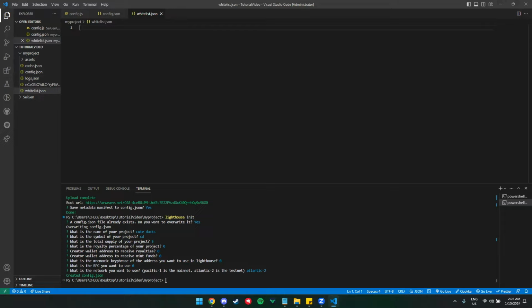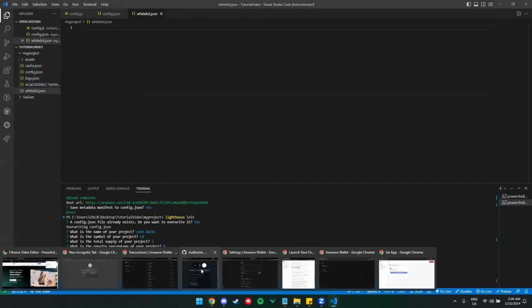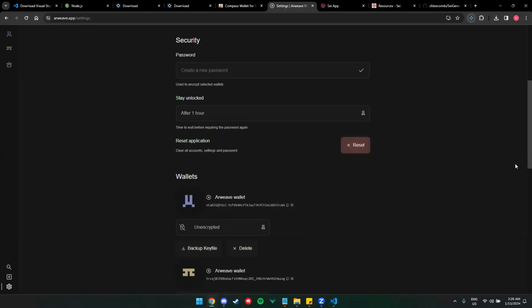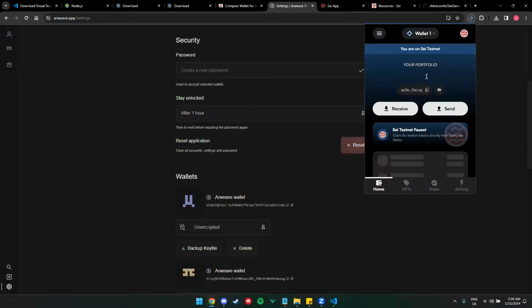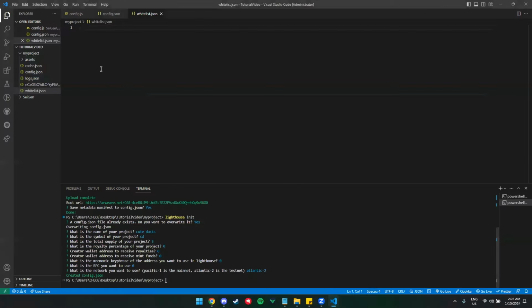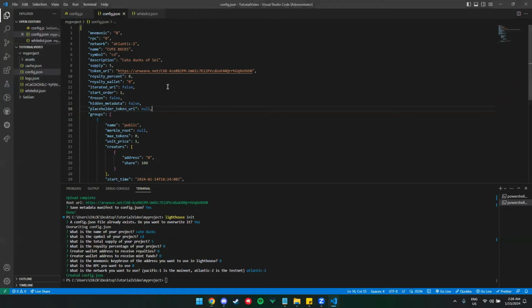So after that, I'll put my wallet so that I can test mint using the testnet. I'll copy that one and put my wallet. So I'll register my wallet as a whitelist wallet as well.